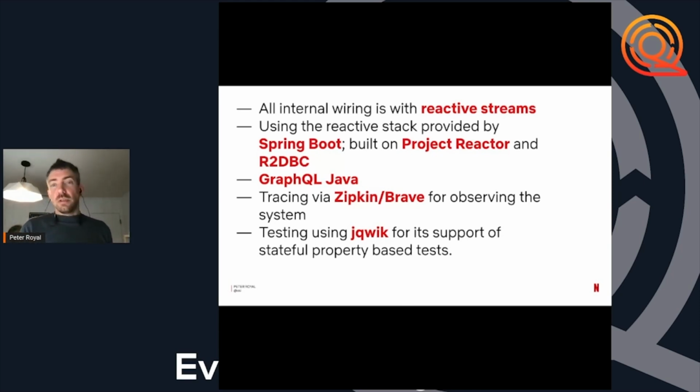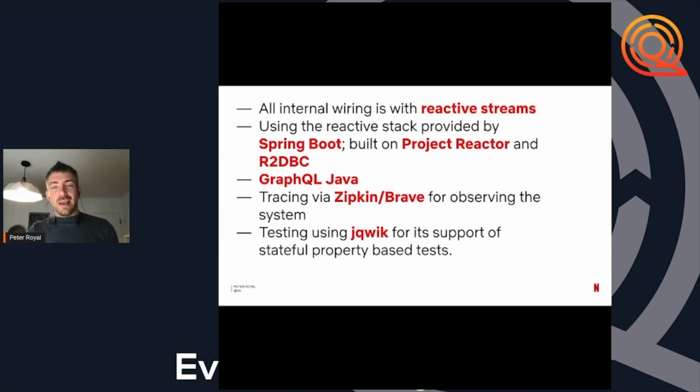In the GraphQL API, we're using the GraphQL Java implementation. There's an additional open source framework we have called the DGS framework on top of that that provides some additional conveniences. It again plays nicely into this because it is future based internally, and that lets us bridge that asynchronousness into the reactive streams implementation we have. Everything is traced using the Zipkin model, using the Brave API, so as requests flow through, we're able to see what is happening.